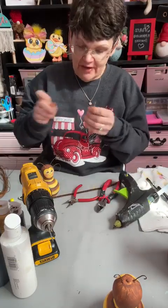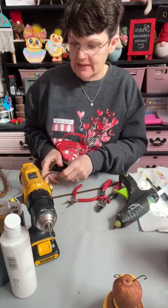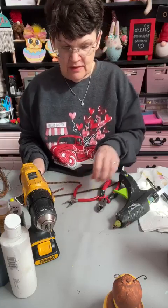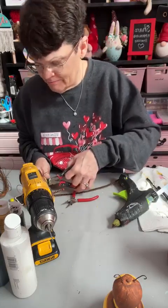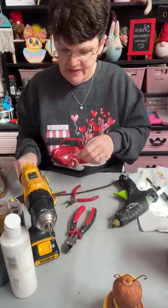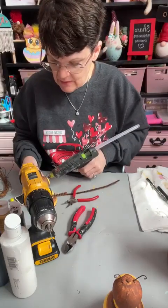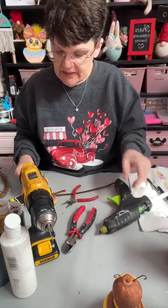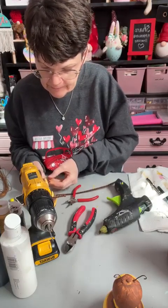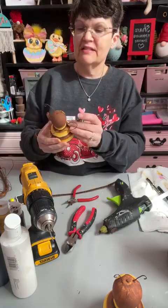I'm going to just put a little bit right there on that. Poke this in here. Get them about the same. I was looking for those little oval things that you gave me and I can't find them. I've got some, but I don't know where they're at. So, all right, I'll put it on the end and then I'm going to stick this on there. That way she has hands,